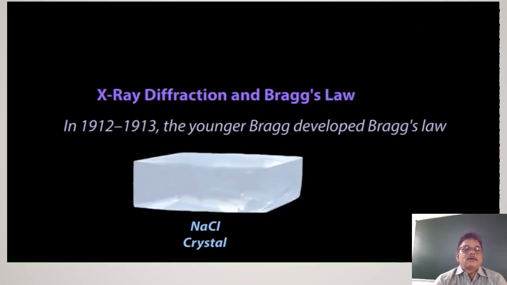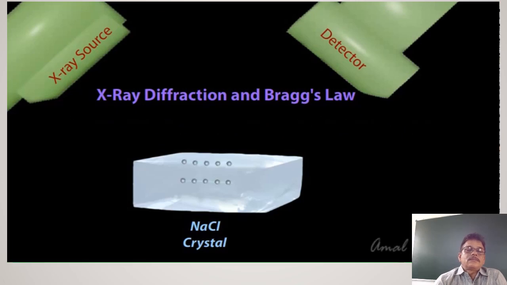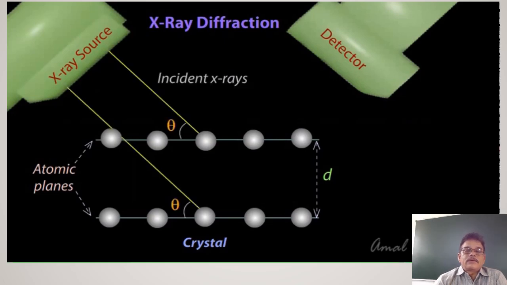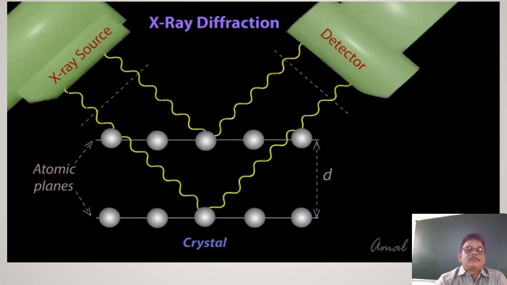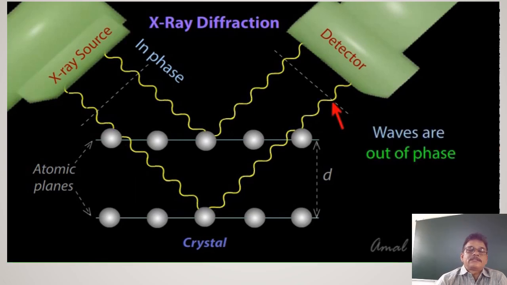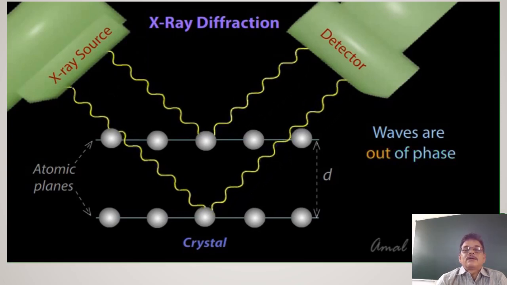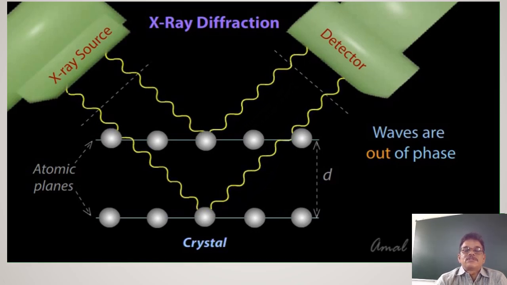Here you see how Bragg's equation is derived, with the animation. Here two layers are taken, and the distance between those two layers is d. Two X-rays are coming from the source, which meet the lattice points at the first layer and the second layer, and they are diffracting. These diffracted rays are detected by a detector. Here these waves are out of phase.